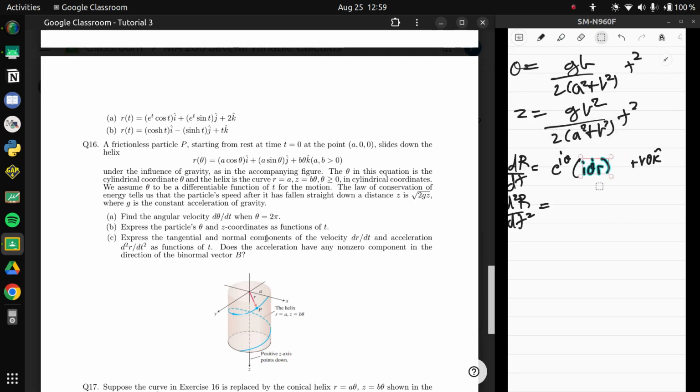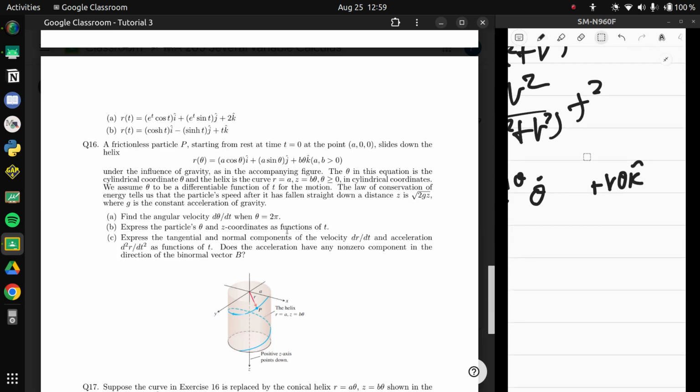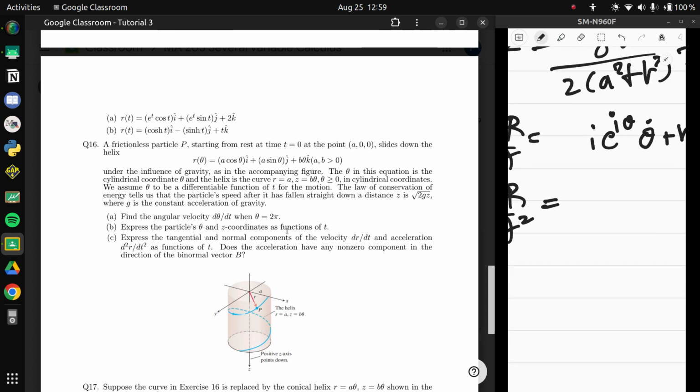And now you know what theta dot is. So r is a, so just i a theta dot, and there's b theta dot times k. Sure. And then in another derivative,